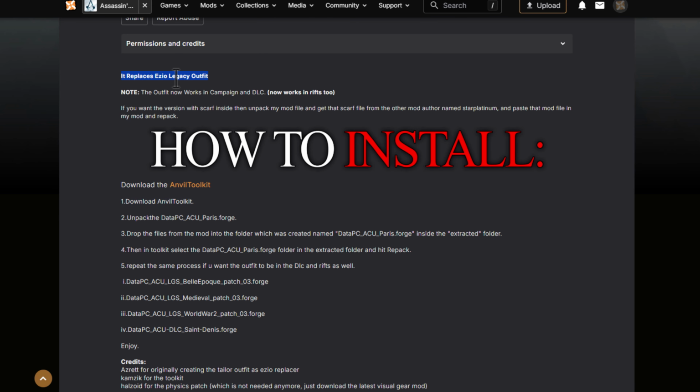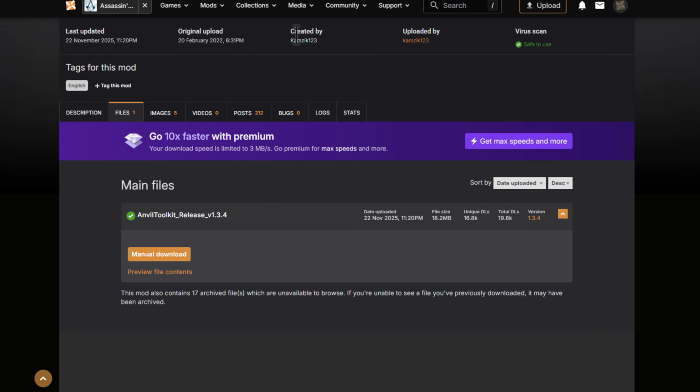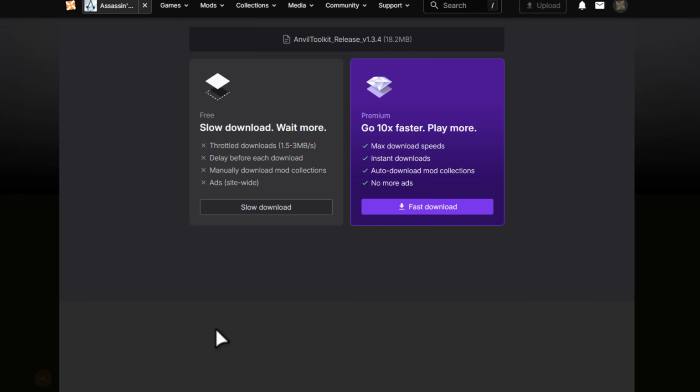It replaces the ECO legacy outfit. I'll show you guys how to install this. Check my video description for this Avel toolkit. This is required to install this mod. Download